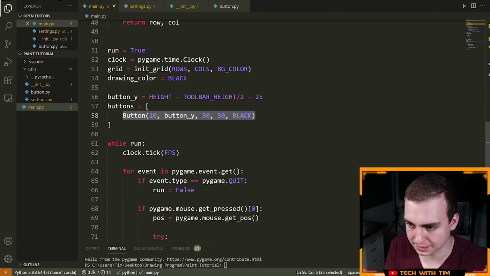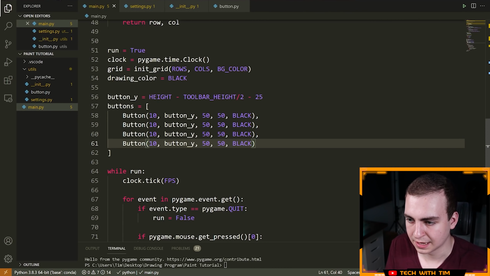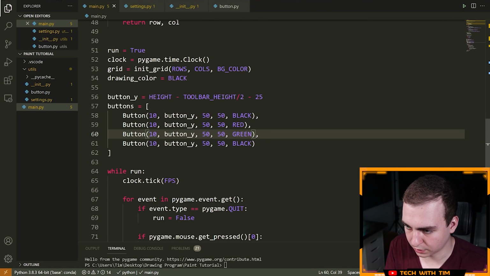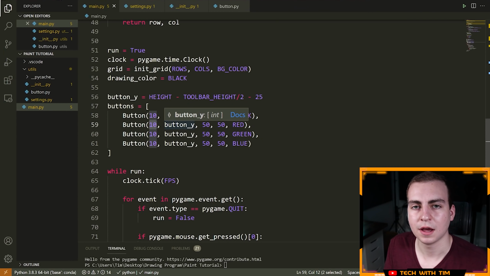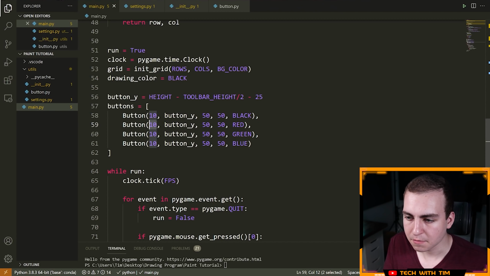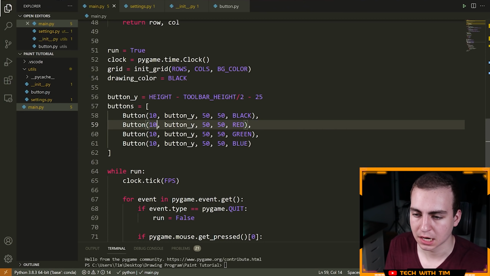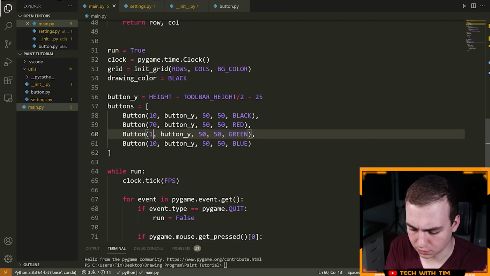Now we can literally copy this exact same thing, and all we need to change now is the X position and the color. We'll copy this a few times. So we'll have black, and then this will be red, green, and blue. And then in terms of the X position, I know that each of my buttons has 50 width. And so what I'm going to do is just have 10 padding, so 10 pixels in between each of my buttons, which means that this is going to be at position 70, right? So I'm going to add 60 pixels each time to account for the fact that the last button was 50 pixels long and I have 10 in between each pixel. So now this will be 130.